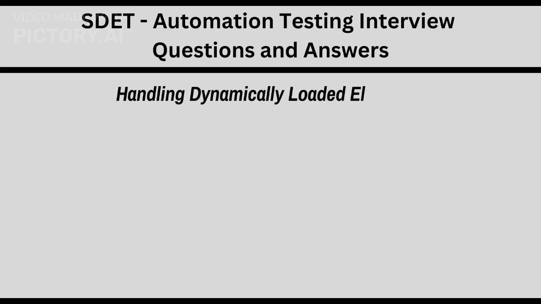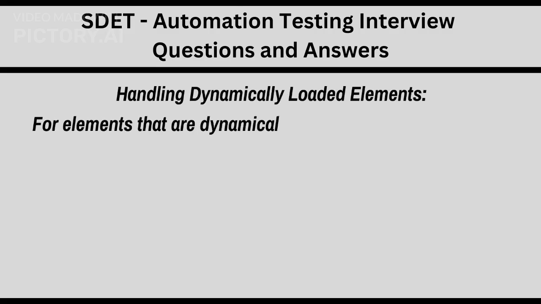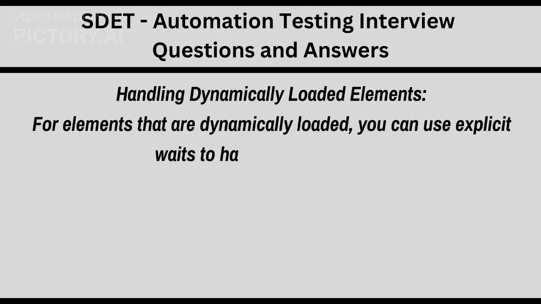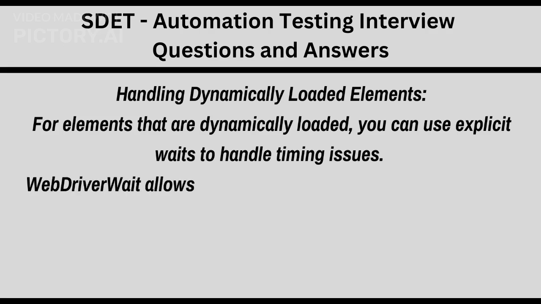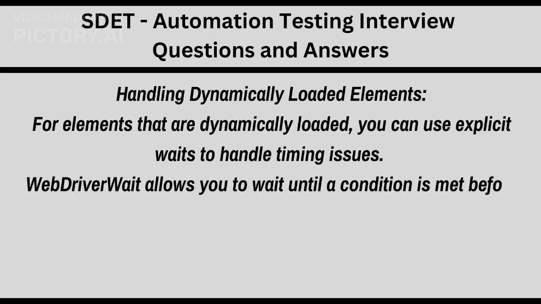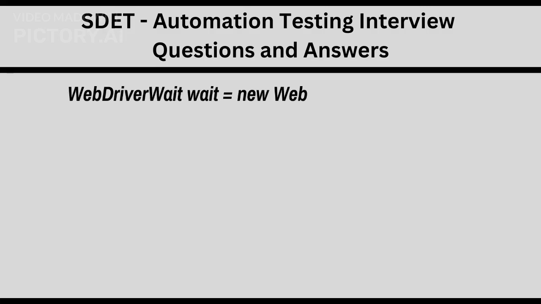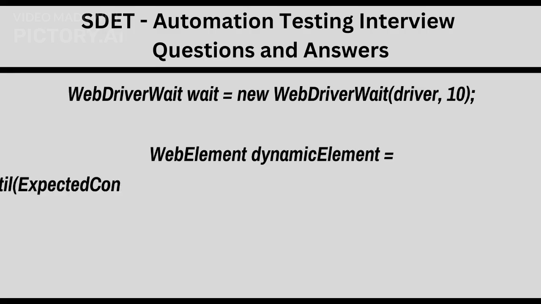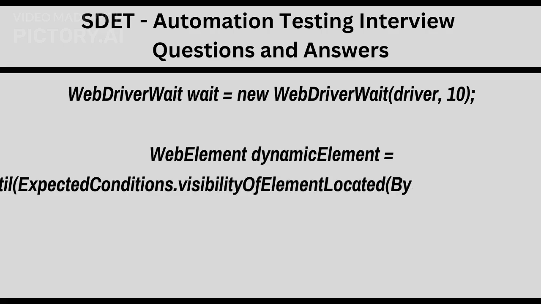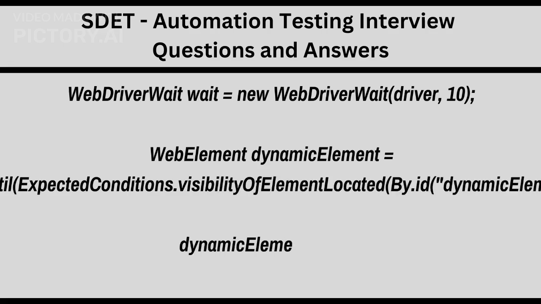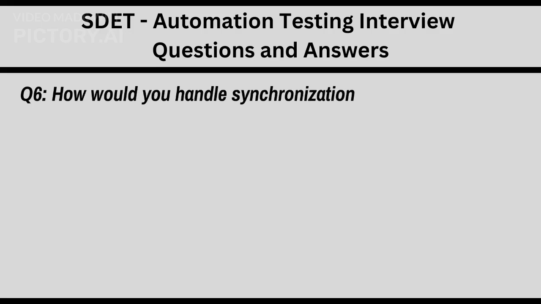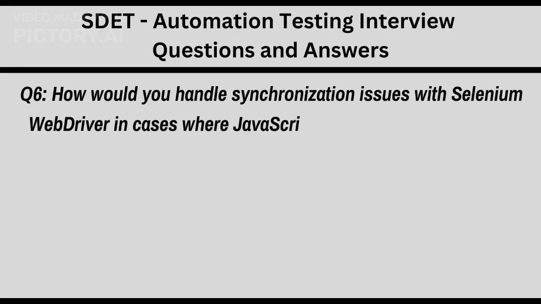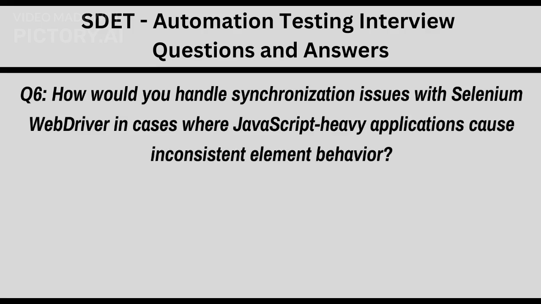Handling dynamically loaded elements: for elements that are dynamically loaded, you can use explicit waits to handle timing issues. WebDriverWait allows you to wait until a condition is met before proceeding. For example, WebDriverWait wait = new WebDriverWait(driver, 10); WebElement dynamicElement = wait.until(ExpectedConditions.visibilityOfElementLocated(By.id("dynamicElement"))); dynamicElement.click();